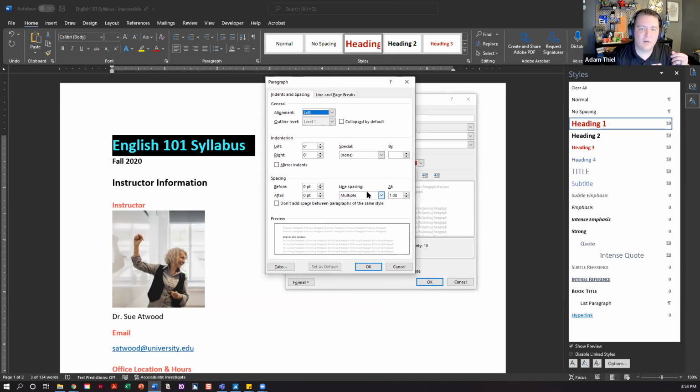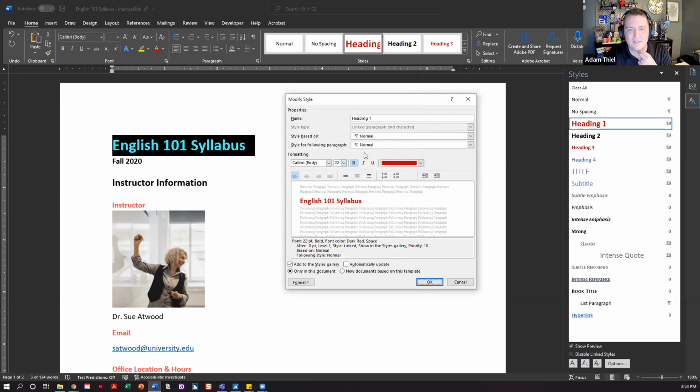You can change the line spacing, all of that stuff you can do in here. I'm obviously not gonna be able to cover every single option in this. I recommend just getting in there and playing around with it, and seeing what damage you can do, and just know that really the important thing is getting those heading levels set correctly.